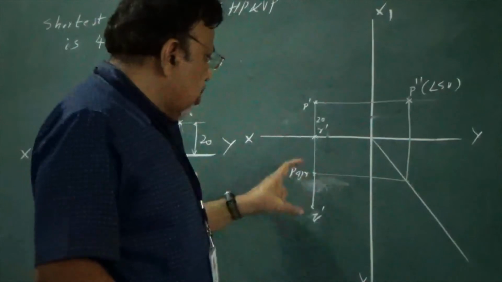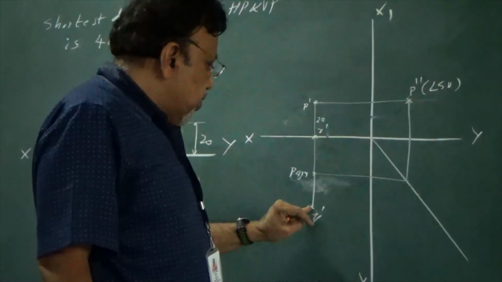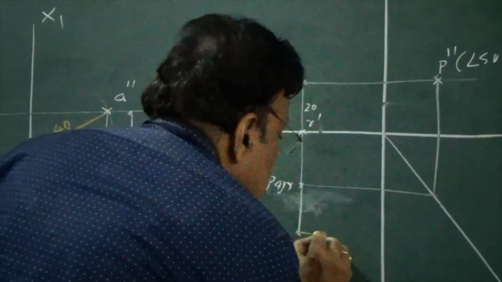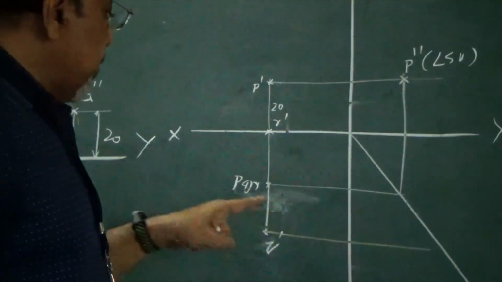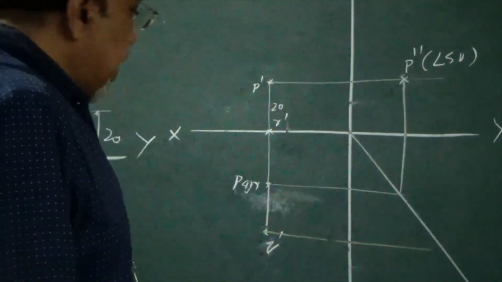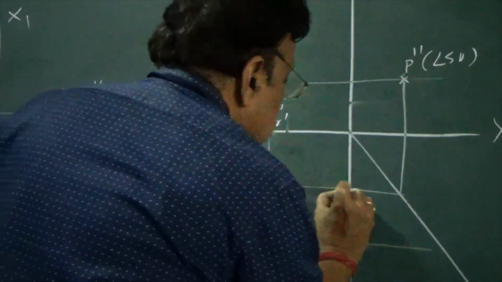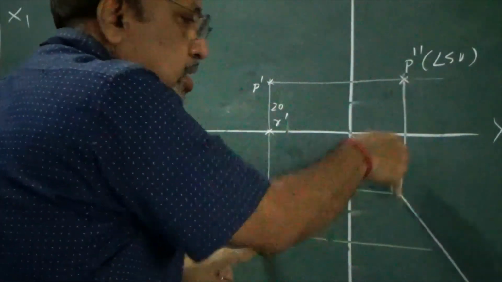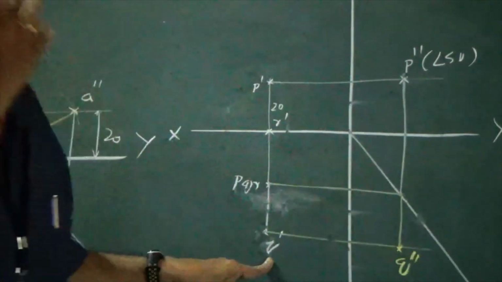I want to draw the side view of this point Q. Now I know that wherever you have the front view, in line with that I should get the side view. So I will draw this projector. I am just using a different color so that you do not get confused. And wherever I have this Q, I will draw this projector, the forward line. Then I need to transfer the distance. So how to transfer the distance? This is Q. I will draw this projector. Anyway, this projector is below the xy line, I mean below this point. So obviously I need to draw the projector in this way, like this, so that this will be Q double dash.